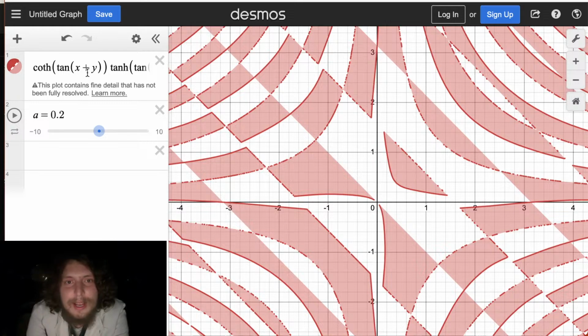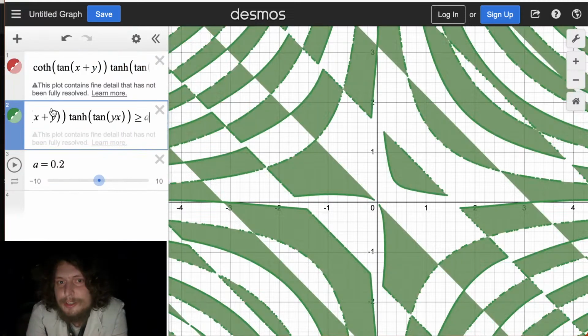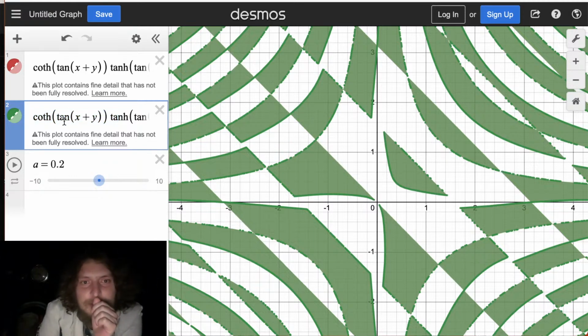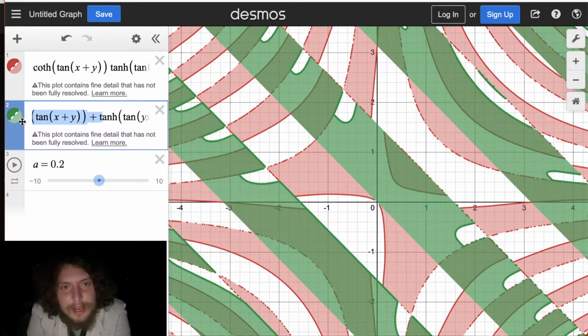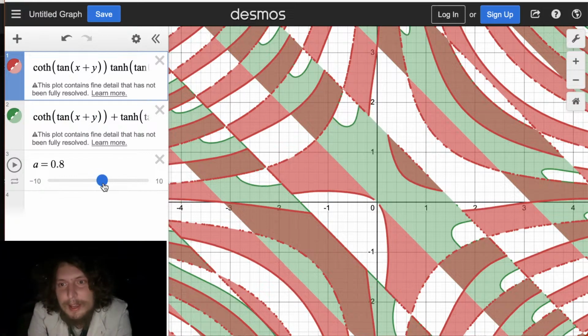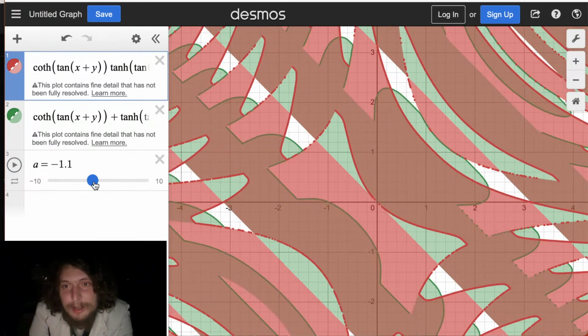Now, let's give these a little more room, and let's see what else we can add here. What I want to try to make this extra colorful and have more going on is, while we change our A, let's have 2 graphs going that will be slightly different. First, what'll our main difference be? I suppose our main difference will be that one will add these 2 sides and one will multiply them. And I'll change them relatively the same as we go through these different patterns. And now we get this extra sort of colorful combo.